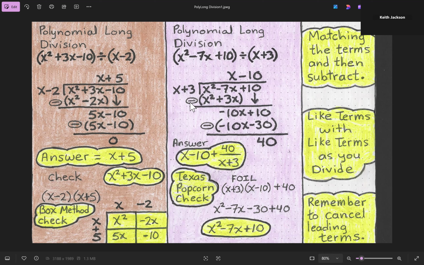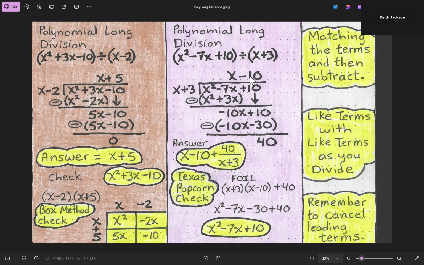And all we have to do is just worry about, okay, this 10x part. Just worry about that. And the question is, what number times x would give me a negative 10x? That's all you have to think about. And of course, that number is a minus 10 right here, right? Okay, and so what we're going to do right here, we're going to take this negative 10, we're just going to multiply it to